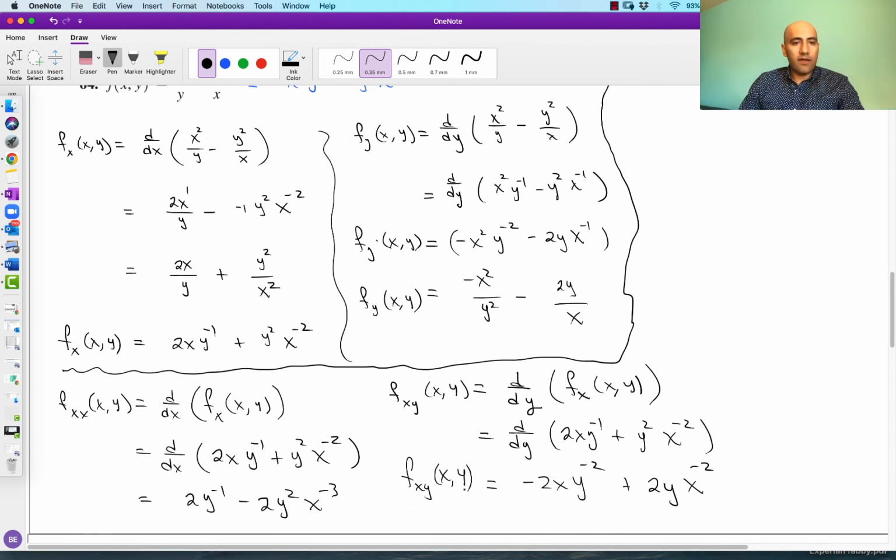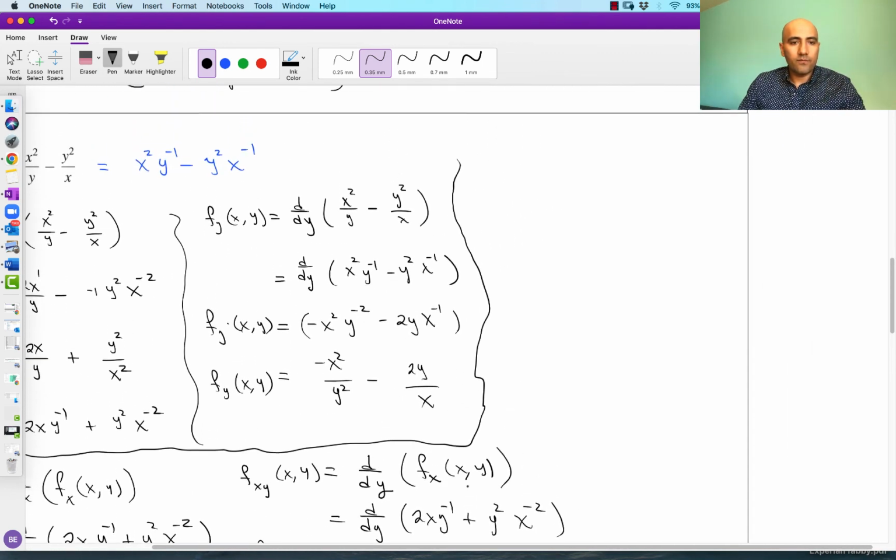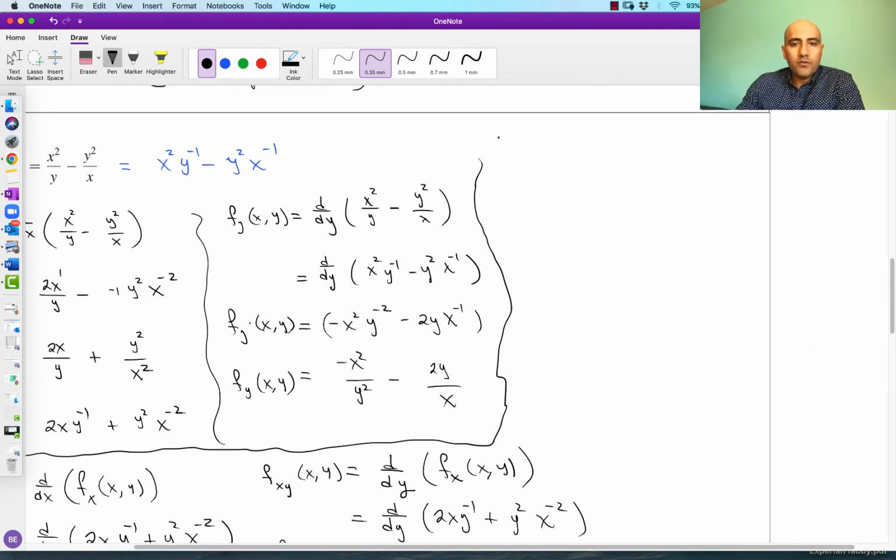Good. So now let's find the other ones. If you want to find f sub yx of x comma y, that is the derivative with respect to x of the function f sub y of x comma y, which is the derivative with respect to x of the function, and let's use this style of notation here, minus x squared y to the minus 2 minus 2y x to the minus 1